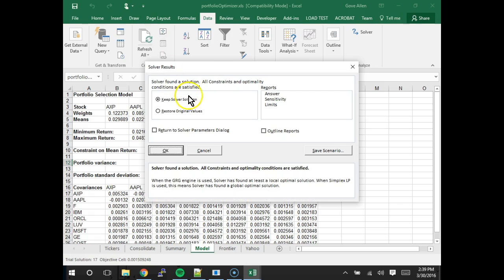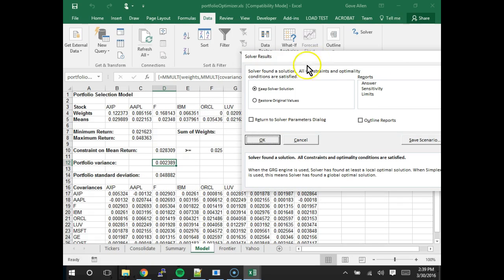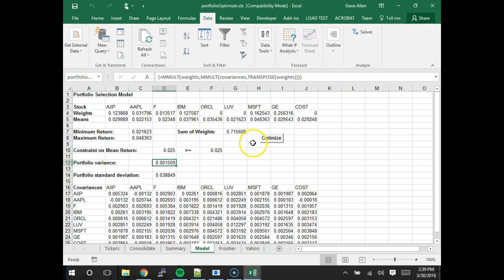Solve it. So it's gone ahead and said that it solves it. I'm going to go ahead and keep that. We're going to see how to manipulate this box. But now let's go ahead and take a look at our code. Yeah, here's the problem. Sum of weights isn't 1. Sum of weights is 0.7. That's a problem. And the problem is kind of a quirk about the way the macro recorder records working with